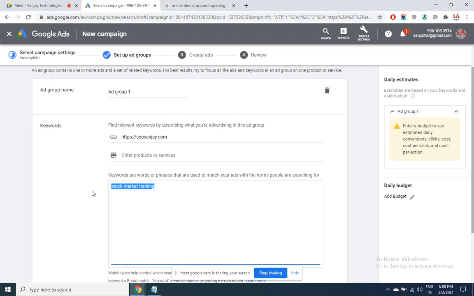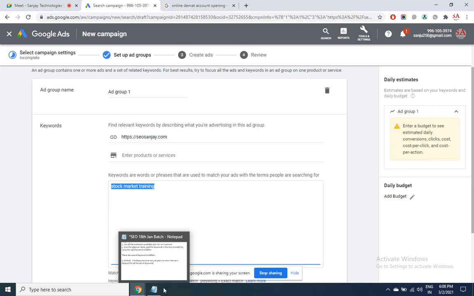So depending upon the nature of the business, you need to decide what is the Lakshman Rekha, what is the threshold that I should not be crossing when it comes to cost per acquisition. Startups burn cash; they can afford even 2000 rupees to acquire a customer for a simple taxi kind of app. But what is the nature of your business, how much cash are you ready to burn? All that will decide how broad an audience you need to target. But in the initial stages, never ever choose the broad keyword modifier.